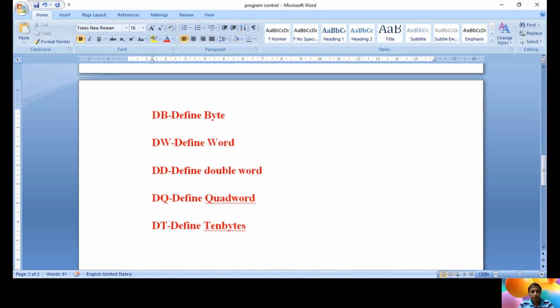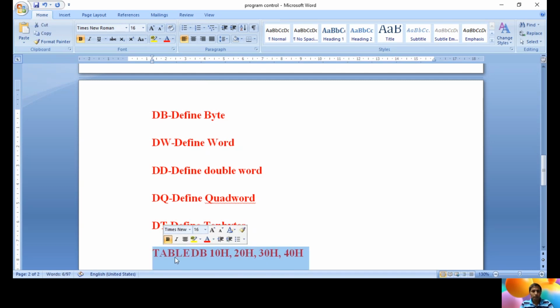Let us see one small example of how we can use byte. See here: TABLE DB 10H, 20H, 30H, 40H. What is the meaning of this instruction?